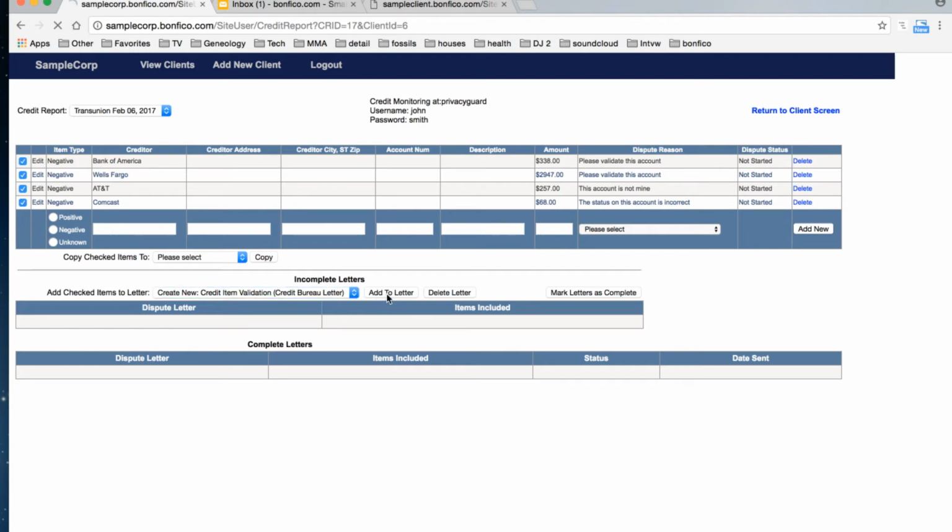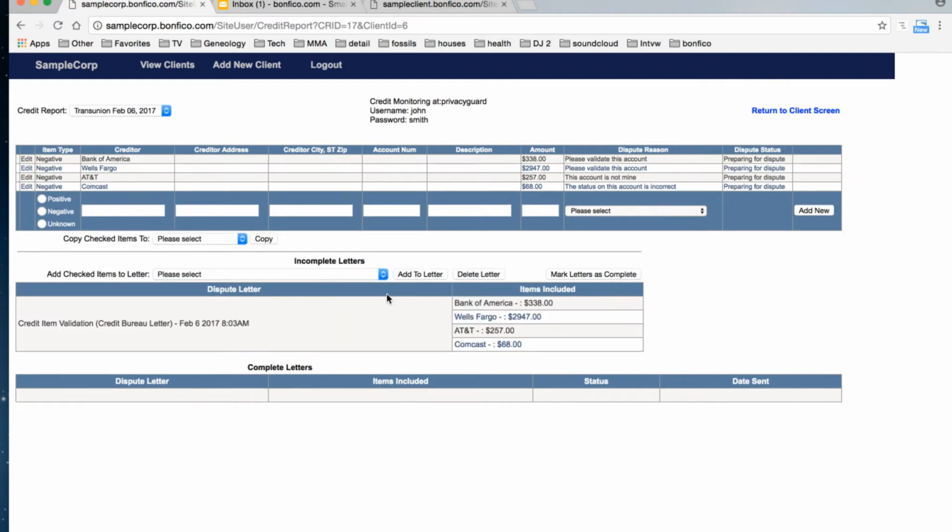I'm going to add these 4 items to this new credit validation letter. Click on Add to Letter, and I can see that the 4 items are now included on this credit validation letter. Now, this mark as complete will let my manager know that this letter is ready to be reviewed and printed out. But I'm not marking it as complete yet because I want to add another item that I saw on